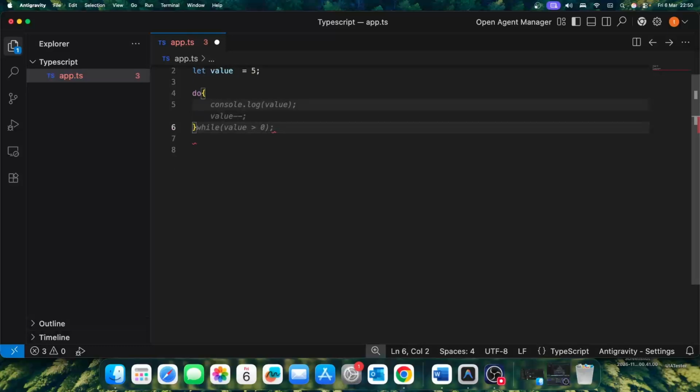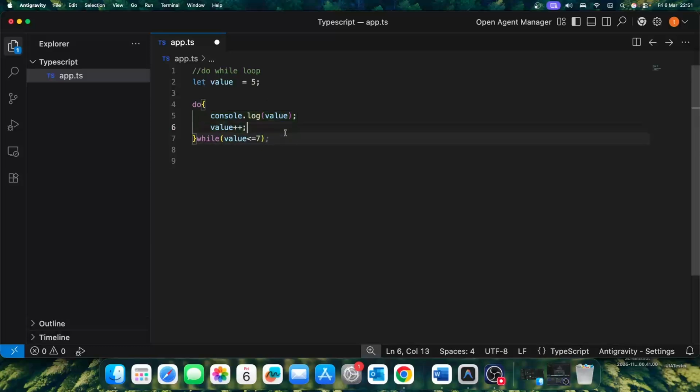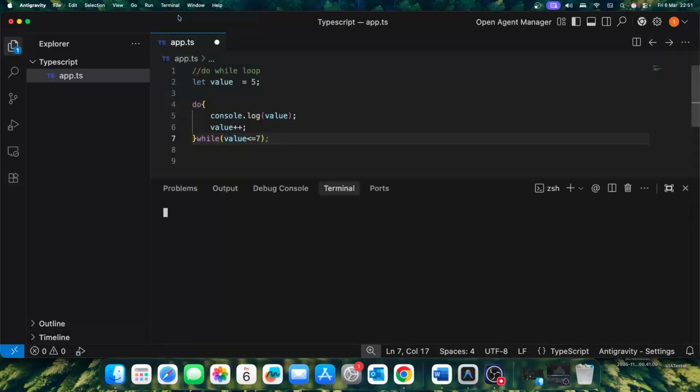I need to execute this loop while the value is less than or equal to 7, and I need to print the value in my console log, and I'm adding the incrementation of the value inside of my do-while loop. So then I'm opening my terminal and I'm going to say